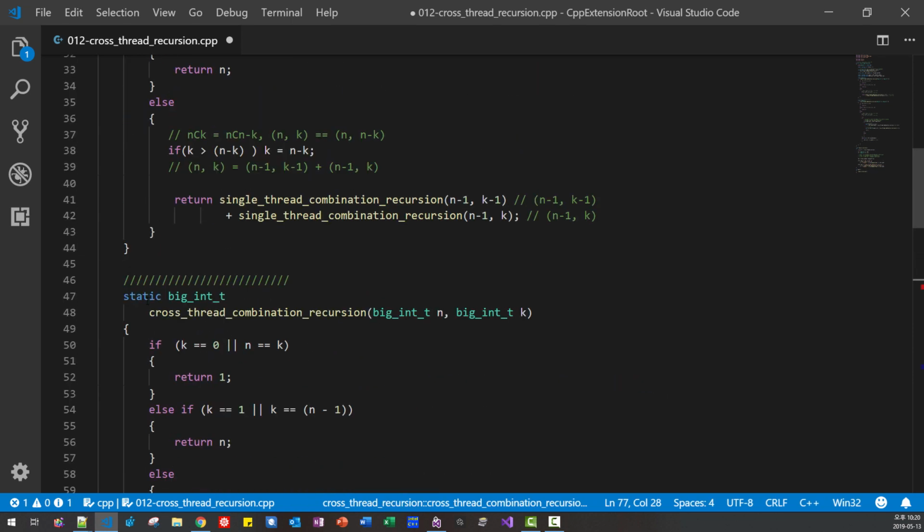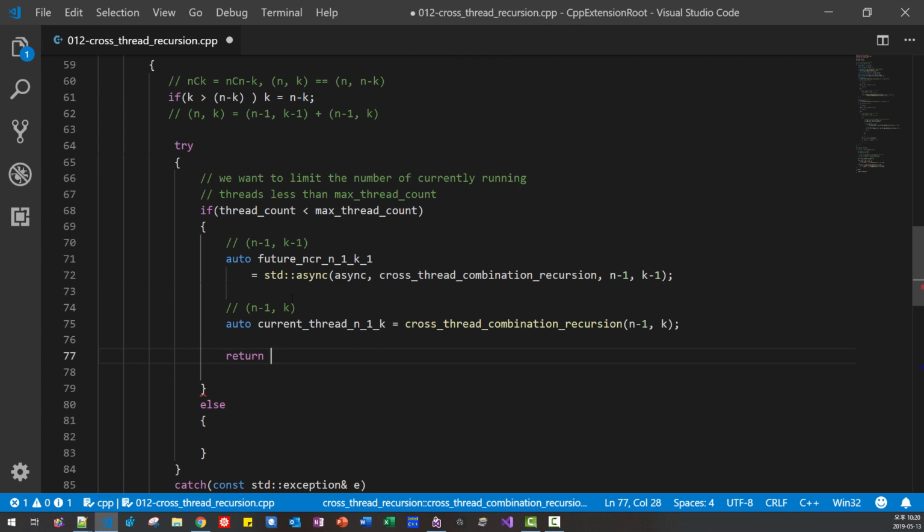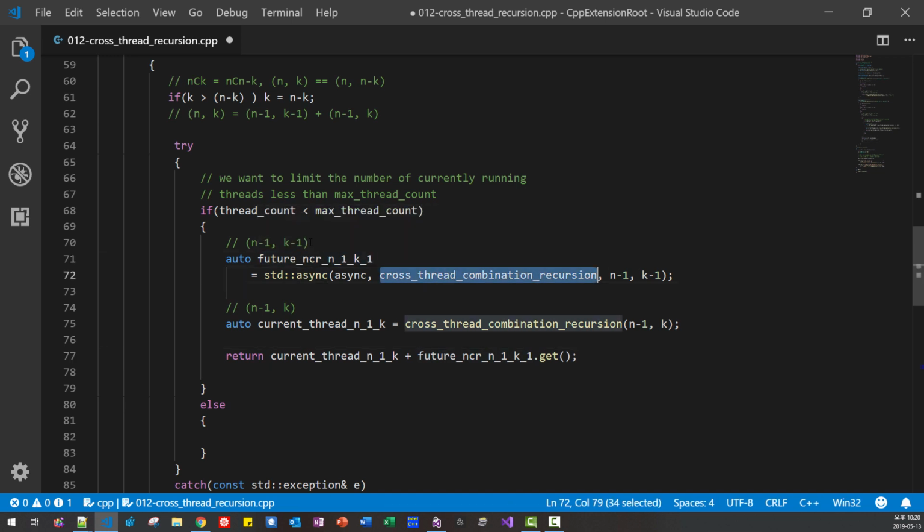This is returning, right? So now we are returning the current thread. This is the value, the function return value, plus this is the future get. So this part is run in a different thread.